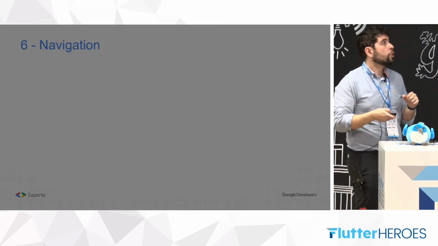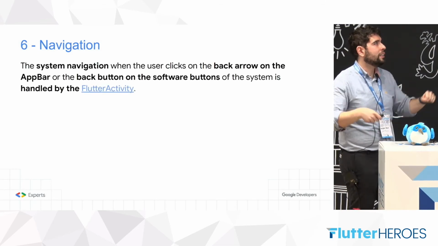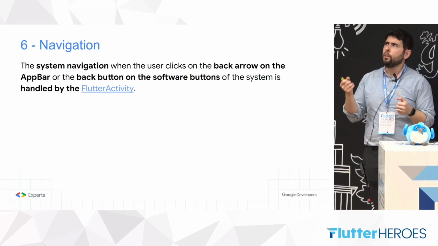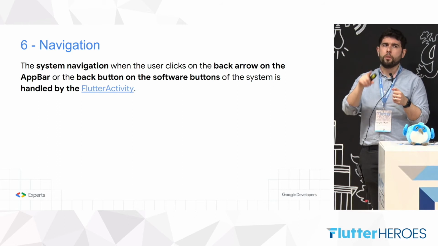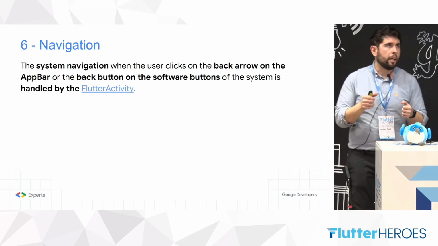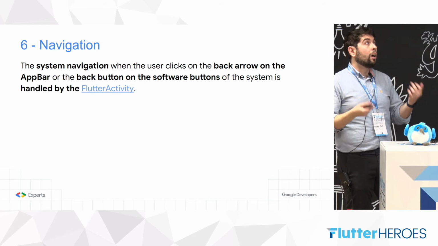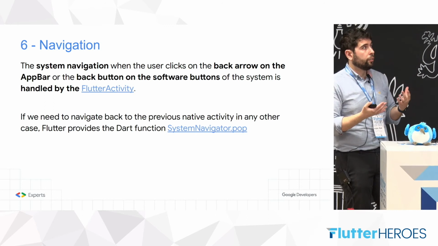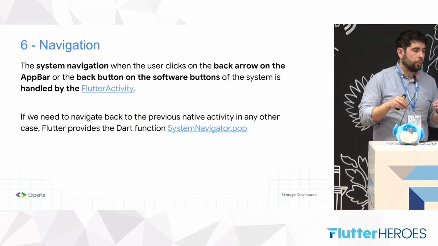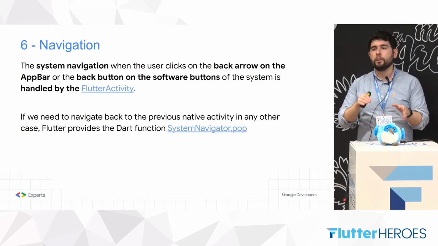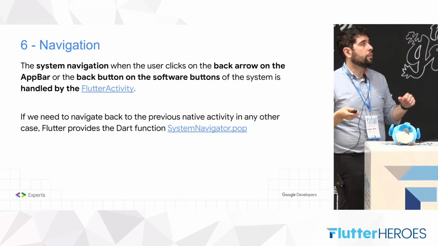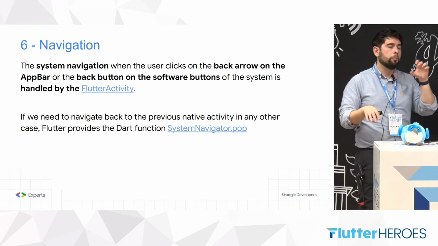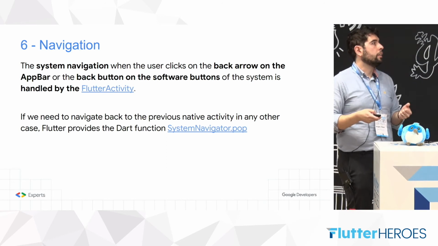native activity? Well, the good news, again, Flutter is amazing, is that the back arrow on the up bar and the navigation buttons on the bottom of Android, and I think also the slide back gesture on iOS, are already handled by Flutter and the Flutter activity. In the off chance that you really have something like a close button and this needs to go back to the native application, then you can use the Flutter function SystemNavigator.pop. It will pop the current instance and voila, you're back again at the